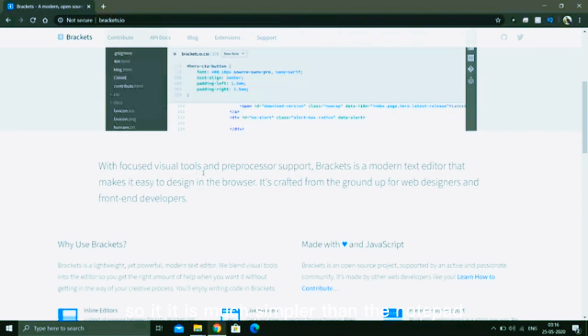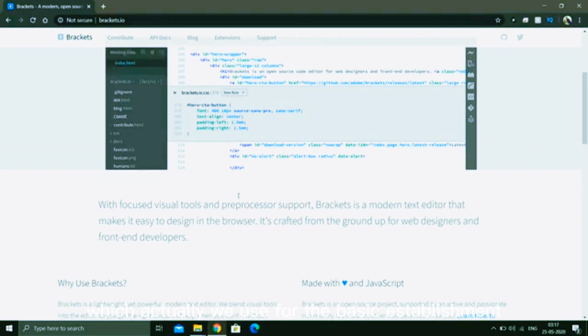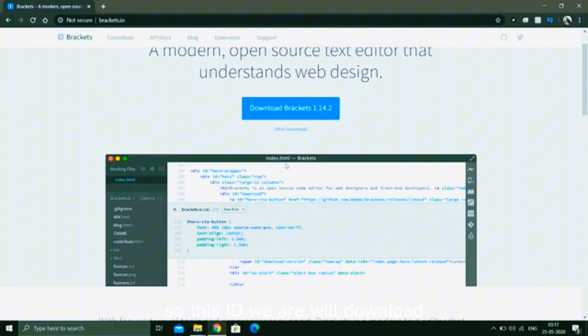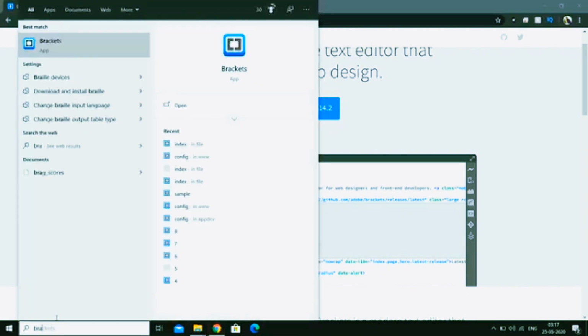It is much simpler than Notepad, which we use for the basics. So this IDE we will download. I'm just going to show you because I have already downloaded it. See, this is the Brackets app. You can see all the files that have been created on the right side